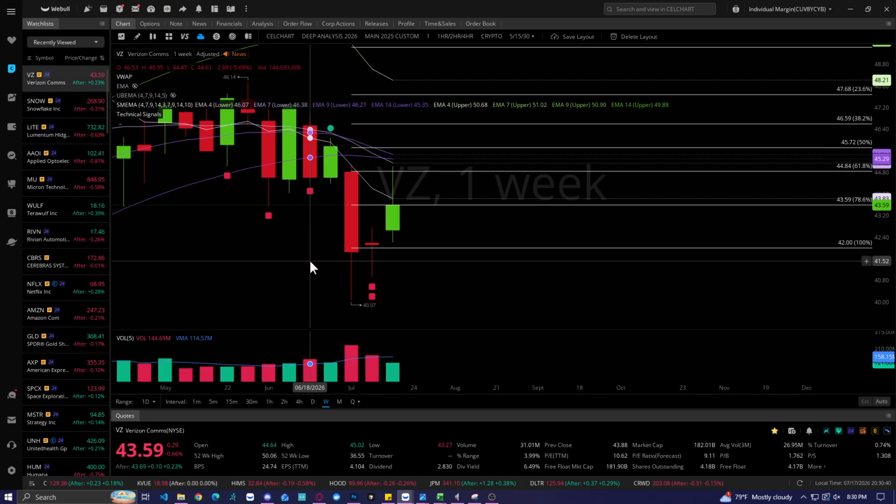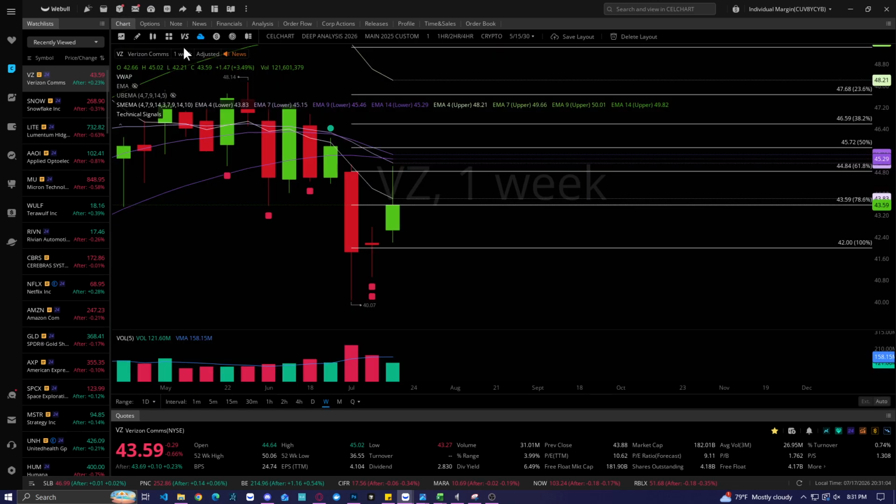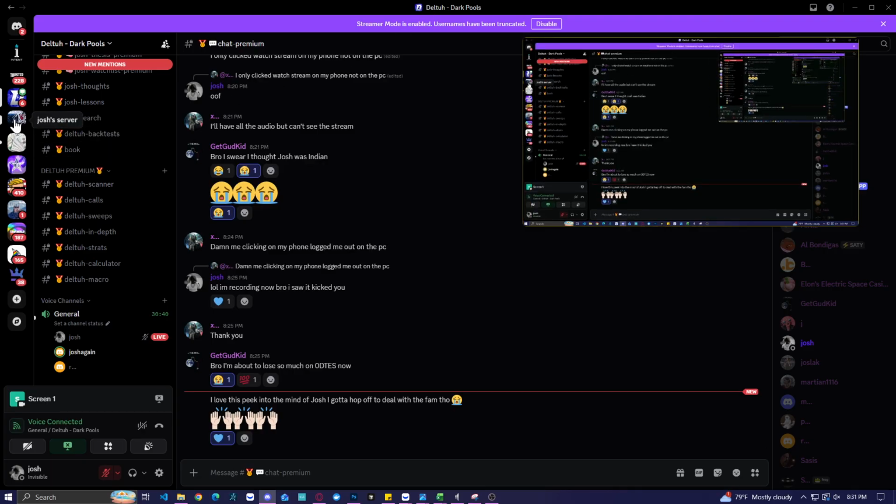Another play that I was looking at too, that I regret for the day, is Verizon. Because I actually was in Verizon, but I got out not even a minute later. So I didn't even report it because I got out so fast. But Verizon right here, we actually had a situation where Verizon was all the way up. It bought up all the way to 44.84, and I never thought it would do that, but it did because Verizon actually had DPs behind it this time. So if I come here,